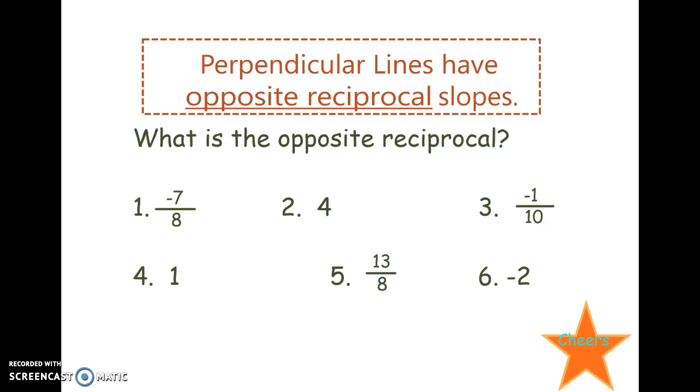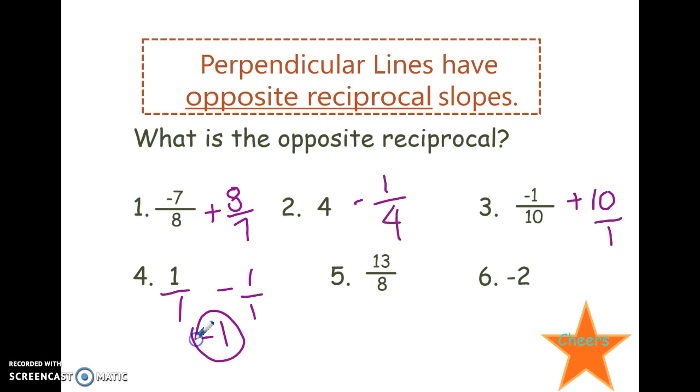If the number one's negative, the opposite would be a positive. The reciprocal would be 8/7. Number 2, if it's a positive 4, the opposite would be negative 1/4. Number 3, the opposite would be positive 10, or positive 10/1. Number 4, 1 is the same as 1/1, so the opposite would be negative 1/1, or a negative 1. Number 5, the opposite is negative, the reciprocal is 8/13. Number 6, the opposite is positive, the reciprocal is